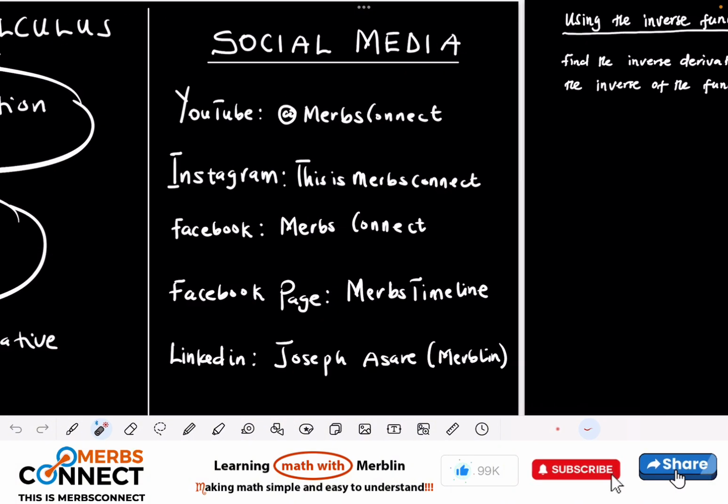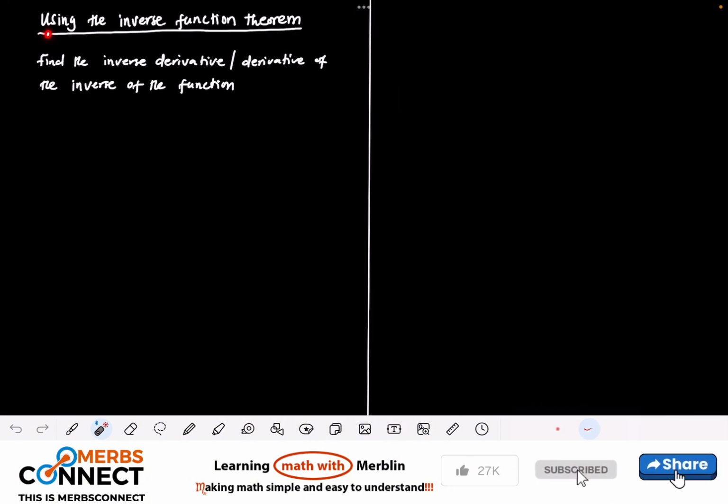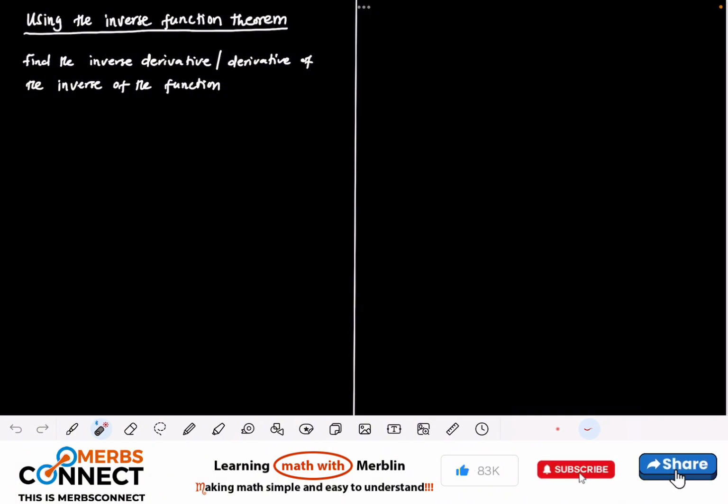Let's jump right in. So using the inverse function theorem, we want to find the inverse derivative, or we can also say find the derivative of the inverse of the function. So they are the same. Find the inverse derivative or find the derivative of the inverse of the function. They are the same. So I'm going to give you some steps that we are going to use throughout the